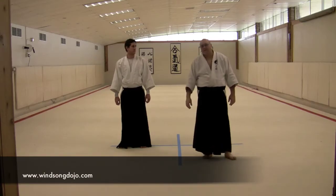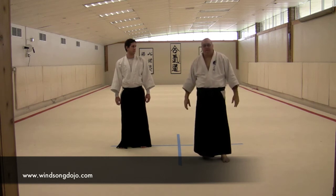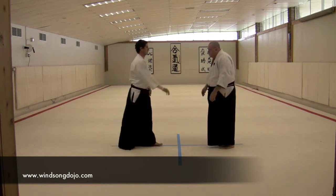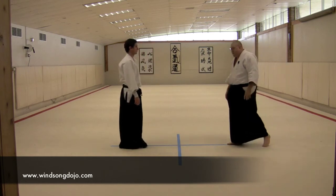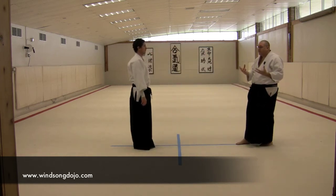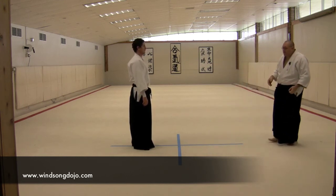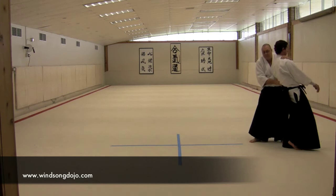A third type of balance break that's very interesting and informative to work with, and can bring you lots of interesting application, is to work under the premise that you're either caught flat-footed, just standing still, and as the attack comes in, you're giving ground. Uh-oh, you've got to back out of the guy. Or you might be in a state where you've made your encounter and he's overwhelming you and taking your center of gravity backwards. So whether it's happening dynamically off of being shoved backward, or you're just caught flat-footed and have to give ground, there's this activity of balance break that happens off